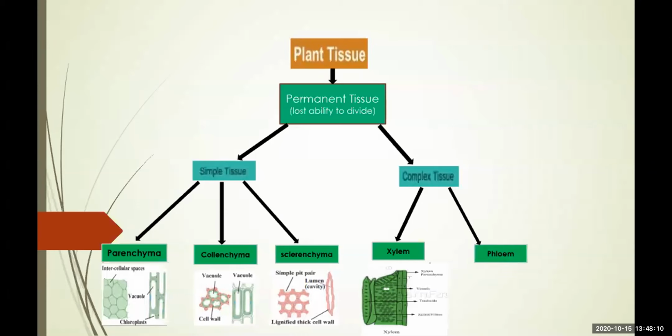The next tissue type is phloem. Phloem consists majorly of phloem parenchyma, which are the living cells, the companion cells, which are also the living cells, and phloem vessels. That is also called as sieve tube. It is called sieve tube because at the ends of the cells, you can see the mesh-like structure. Hence they are called as sieve tube cells.